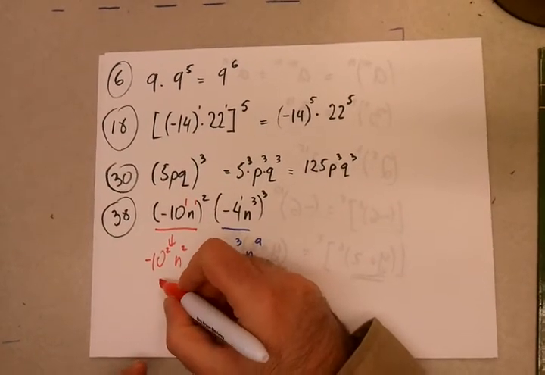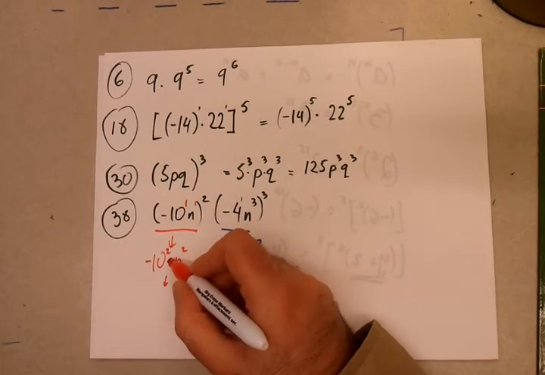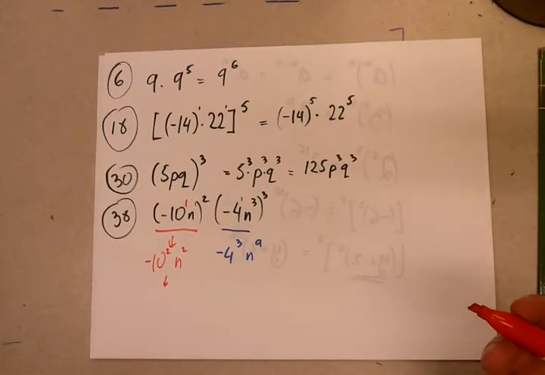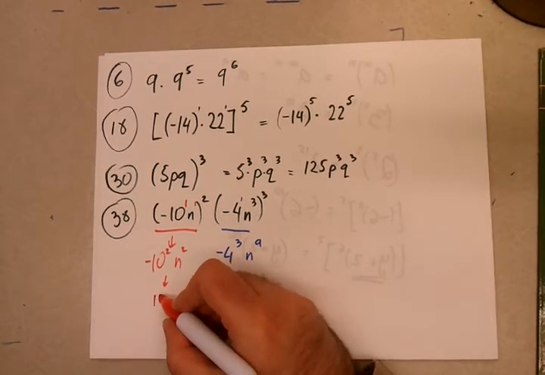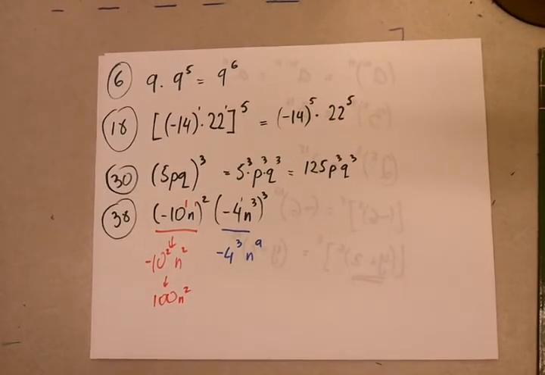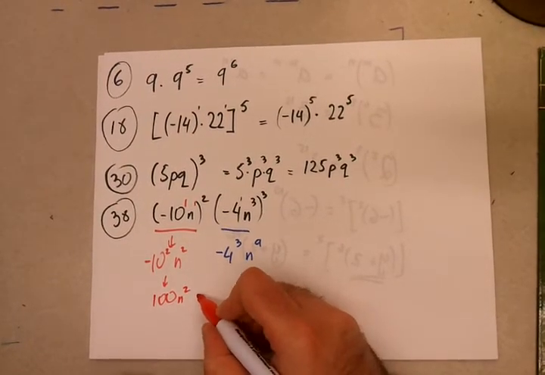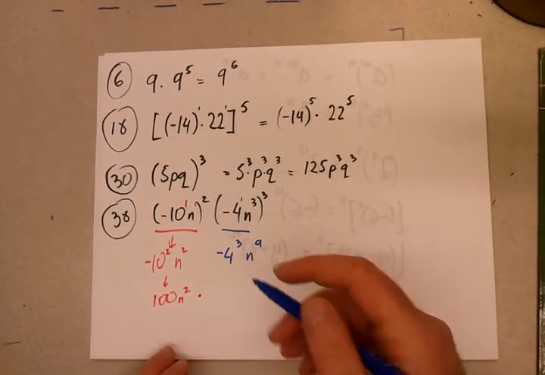We can easily go negative 10 times negative 10, because negative 10 to the second power, that's what it means. It's going to be a positive 100 because negative times negative are positive, so negative 10 times negative 10 is a positive 100 n to the second power, times, and over here we have